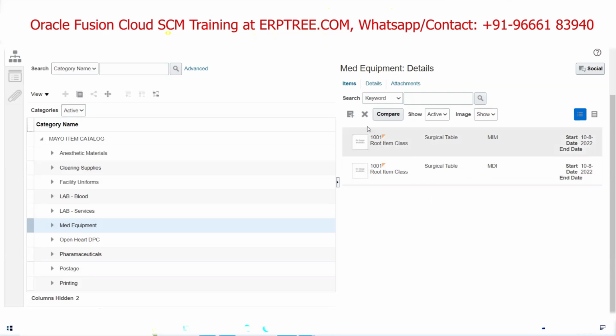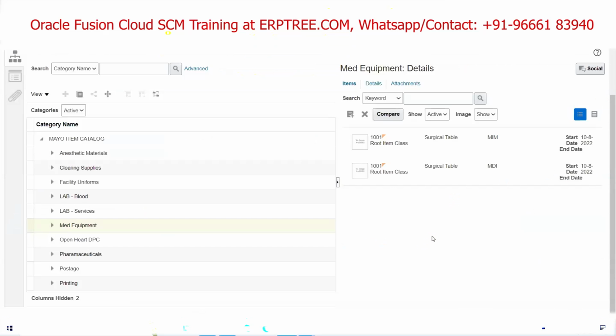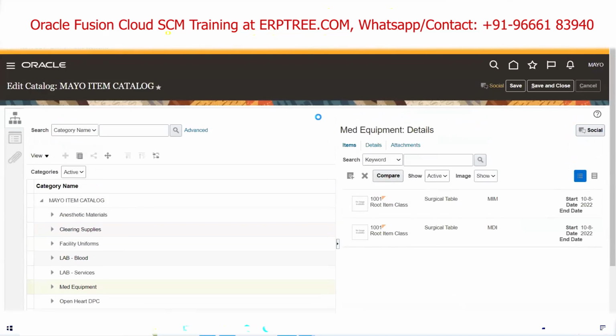Or else, from here also you can add the items. You can click on add, search, and add items directly to categories. Ideally not required. Say, for example, you created a few items and forgot to select a category for them. You can go back and select the category, or add them here directly. Whenever you create an item and select a category, those items will be grouped by category, which is a part of the catalog. So that's all about